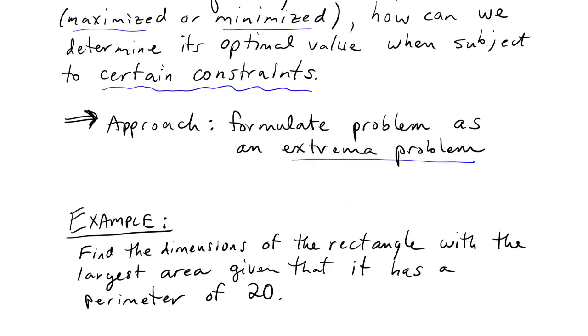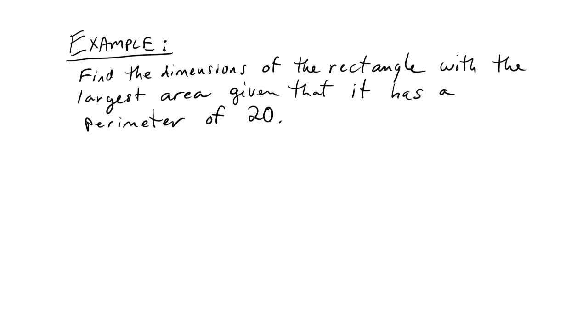All right, so let's take a look at a classic example, really the one that everybody looks at first. And it makes an important statement, this example. Find the dimensions of the rectangle with the largest area given that it has a perimeter of 20. So you know that you have a perimeter of 20 to work with. How do you orient the lengths of the sides to get the largest area? Will you even get different areas from rectangles with different perimeters? Well, you will,